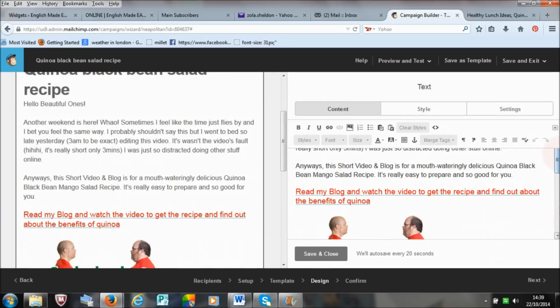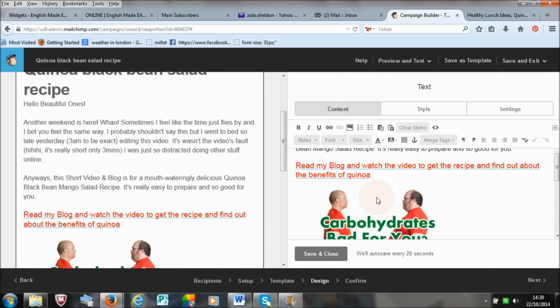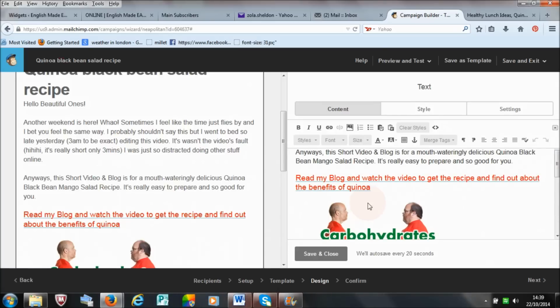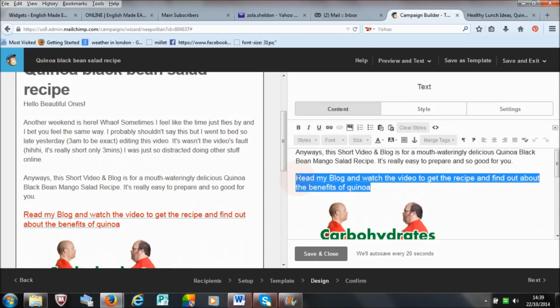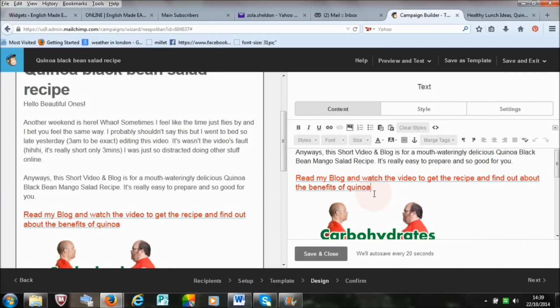Now another good thing to do is, apart from linking your images to your website or videos, it's always a good idea to also link a text to your website or blog, whatever you want to link it to. Just because some emails, when people receive them, the image is blocked or hidden or just not showing for whatever reason. So if the image isn't showing, they still have the option to click and go to wherever you want them to go. And the way you link a text is more or less the same way you link the